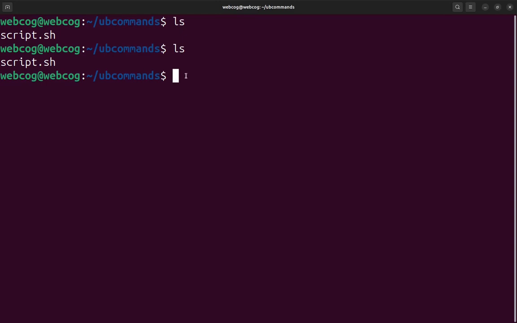Now if I want to copy paste this same file, like I want to copy this file and paste it here, I want the same data but the name of the file will be different. Then I will use cp, which you can use for copying a file. Which file do I want to copy? I want to copy my script.sh, and when I am pasting this file, I want to change its file name. By default its name is script.sh, but when I paste, I will change it to